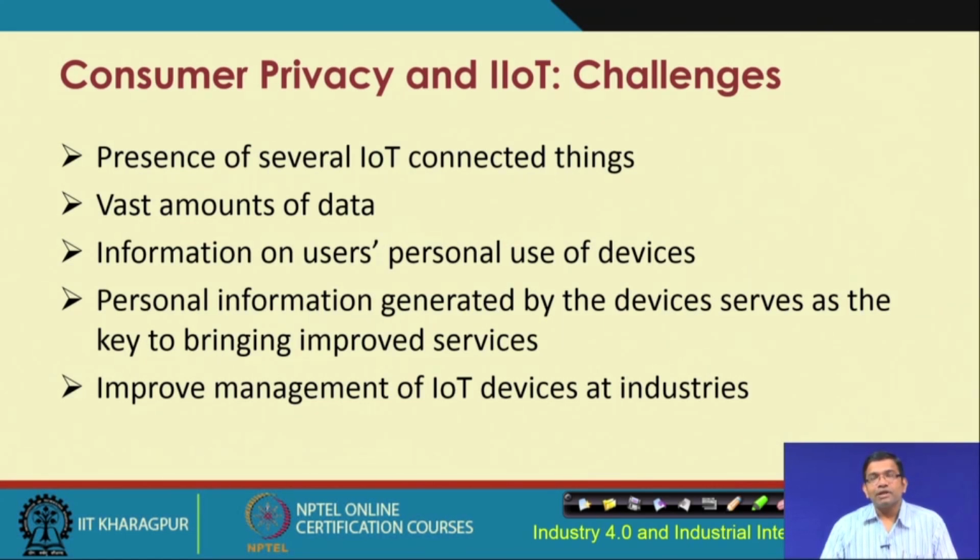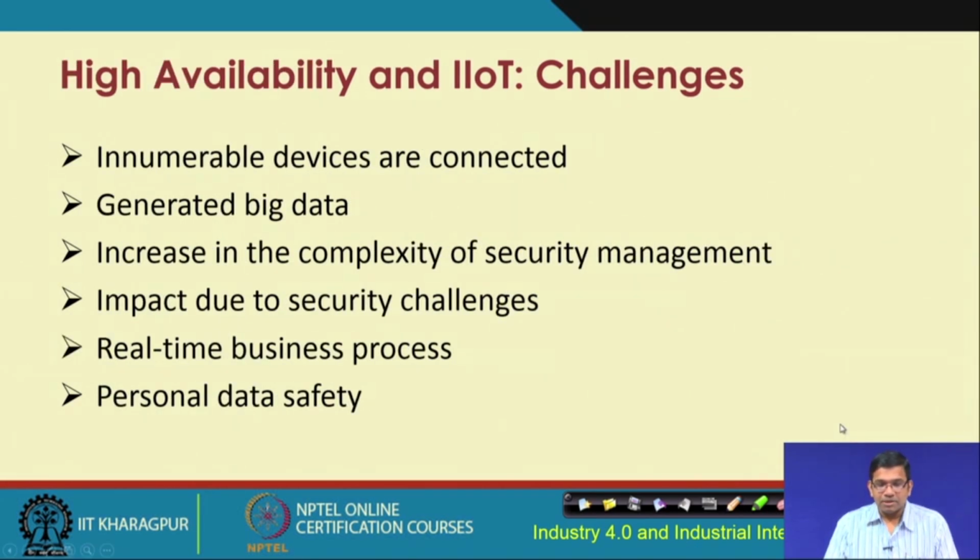So, privacy of the data, privacy protection in the context of IIoT and its interconnectivity with DCN is an important challenge. Availability of the data, high availability of the data with IIoT will make the connectivity of IIoT with the DCN very important. Taking care of different requirements such as connectivity of innumerable number of devices which are interconnected, then